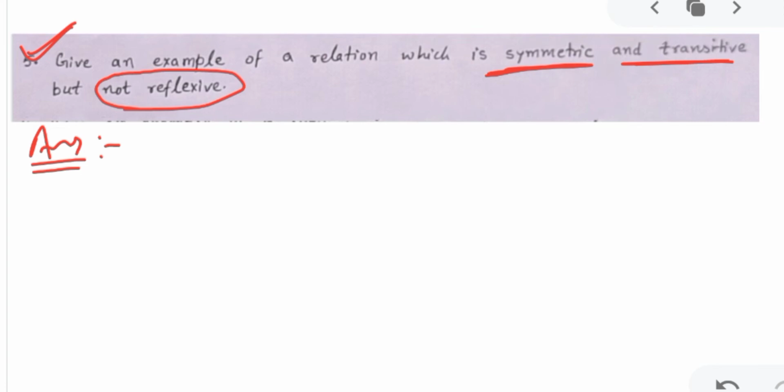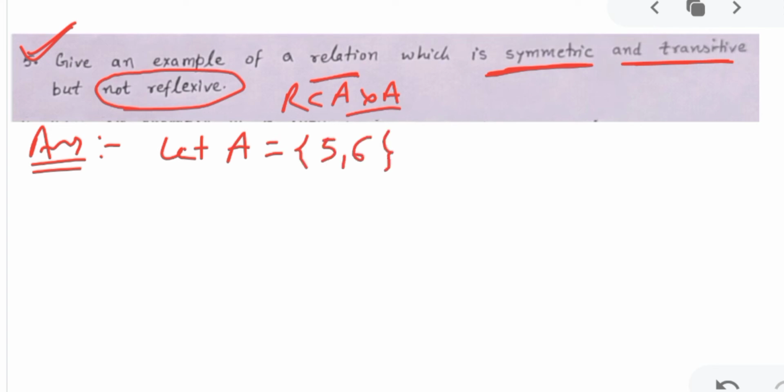So we have to give an example. And you know a relation is defined on a set. A relation will be a part of A cross A if A is a set. A relation is a subset of A cross A, correct? So I am taking any set A. Let A be equal to, I am taking anything, 5, 6. Then we have to define the relation which is